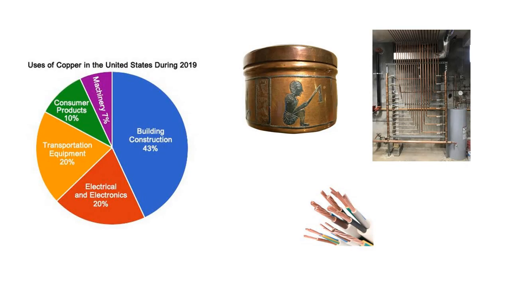It's been used for something like 10,000 years, from things like jewelry and plumbing, and now it's being used in solar panels and wind turbines and things like that. So it's been used a lot historically, and we're still finding new uses. This graph here shows that it's used a lot in building construction and a lot in electronics and transport. So those are our main uses of copper. We've obviously always come up with new ones.